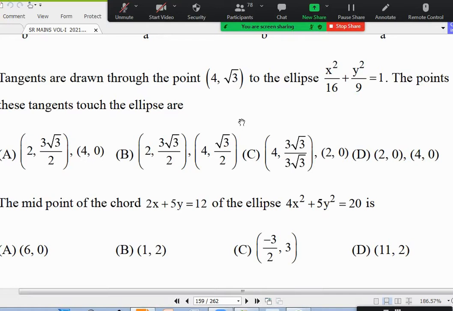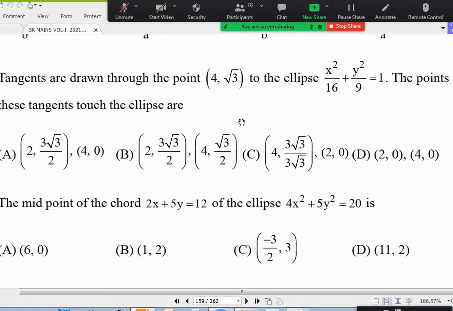74. Okay. Then you can find the m value and then do it. But if you want the point of contact, use the parametric form. Of course, one point is very easy to recognize here because your ellipse is like this, and the given point is somewhere here. One is because they have the same x coordinate. This is 4, 0. This is 4, √3. But the other tangent is somewhat like this, a little slant.